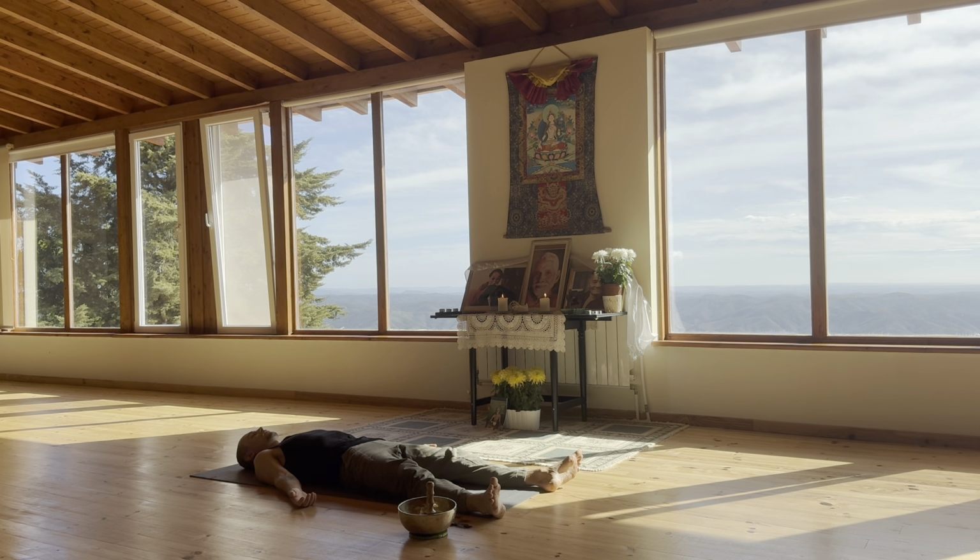Relaxing the throat, the back of the neck, the sides of the neck, the front shoulders, the upper back. With your heart open, vulnerable, offering the heart to the sky. Relaxing the ribs, the diaphragm, the navel,